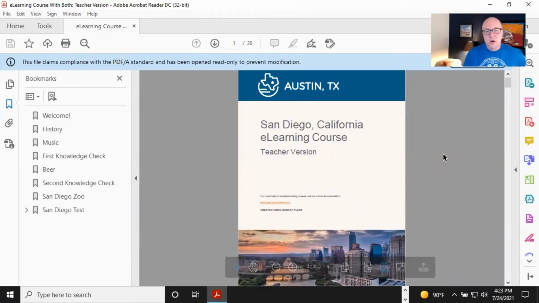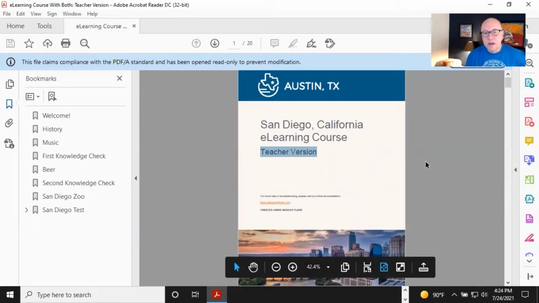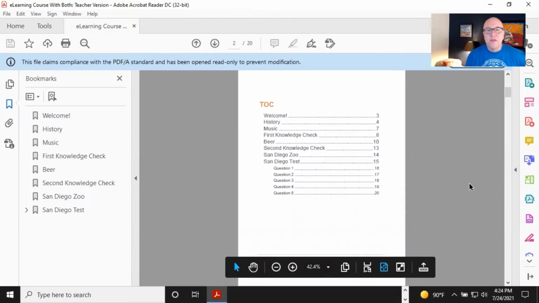First page, looking at this, and we go, all right, so we got some additional colors to change, and the logo, that didn't change. Our title page is right, San Diego, California e-learning course, and it's got this teacher version thing in here, which I'm going to show you how this happened. And this is really, really small text, and it's all okay. And going down here, that looks like that's the city of Austin. So we need to swap that out too. All right, moving down, we've got our